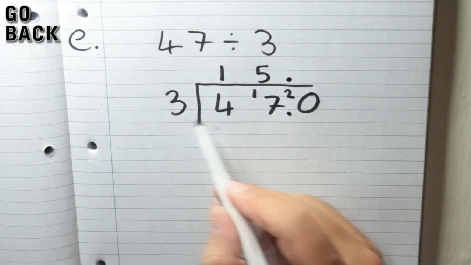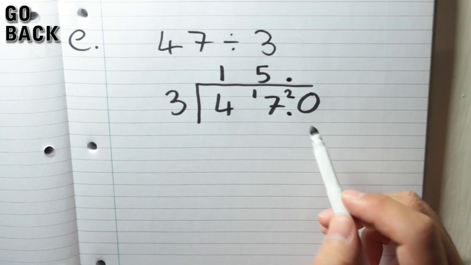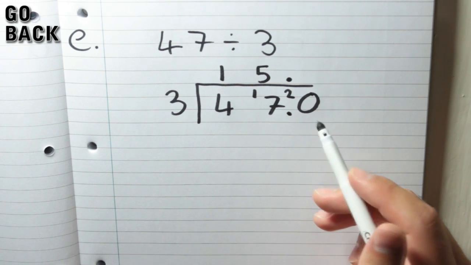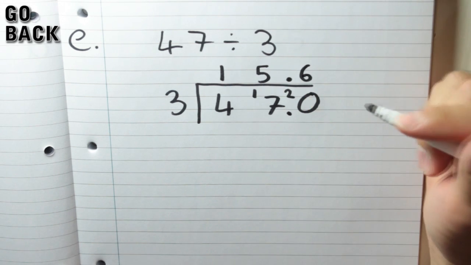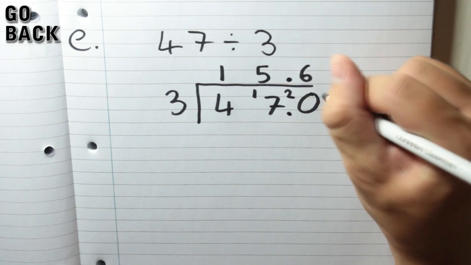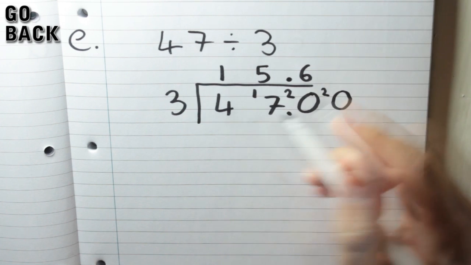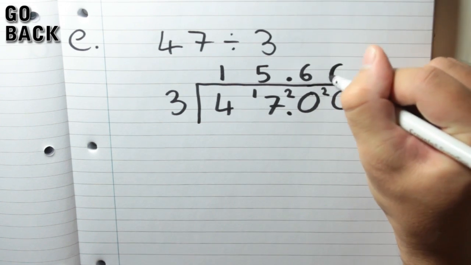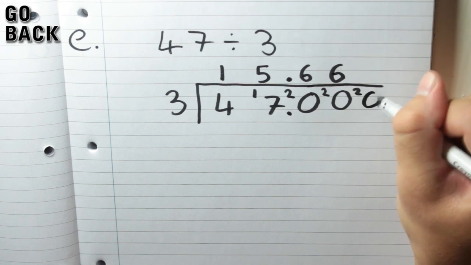So now, how many 3s go into 20? Well, 3 times 6 gives us 18, and you can't put another 3 in without going above it, so it's 6. 3 times 6 is 18, the number is 20, so that's 2 left over. Again, you can add another 0, 3s into 20 goes 6 again. Let me extend the bus stop. A remainder 2, and you can see that it's going to be